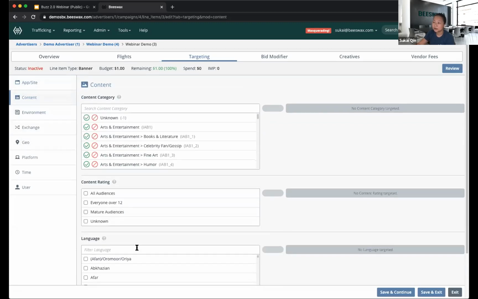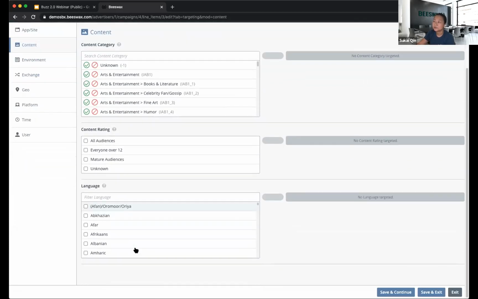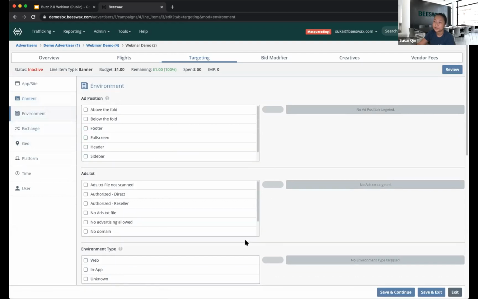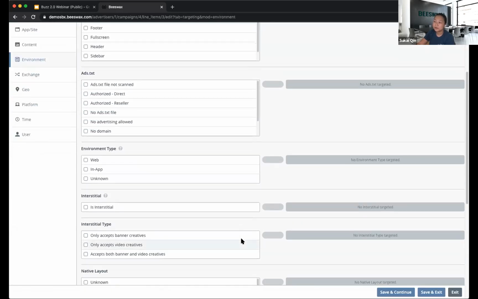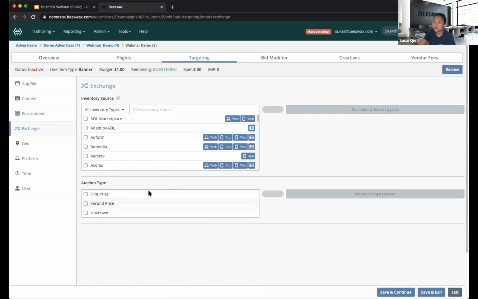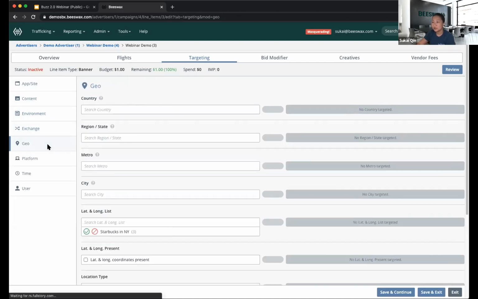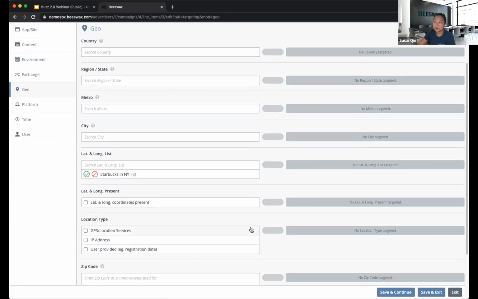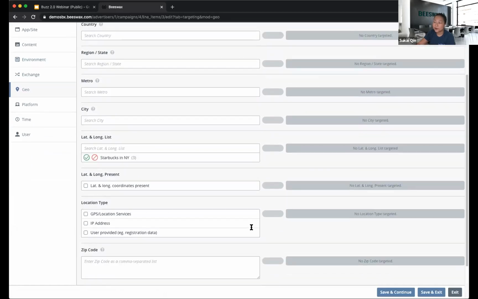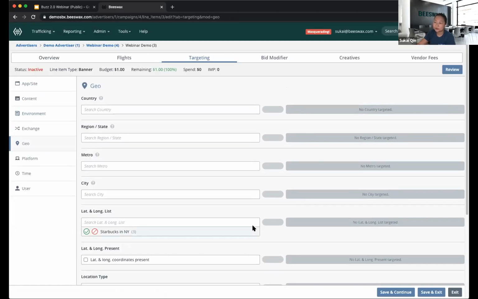Content contains context-related information on the page. Environment is really the environment of the ad rendering. Exchange gives you inventory source. We have little hints of what type of inventory is available through these platforms. Geo is a heavily used one. As you can see, we have very powerful, granular targeting